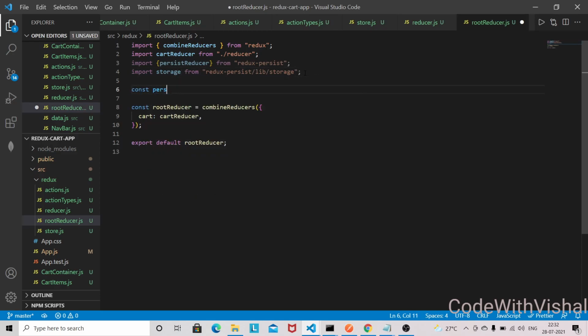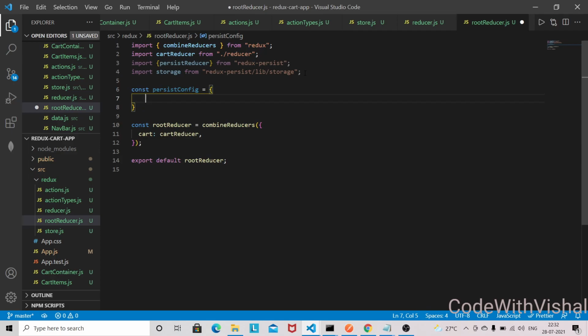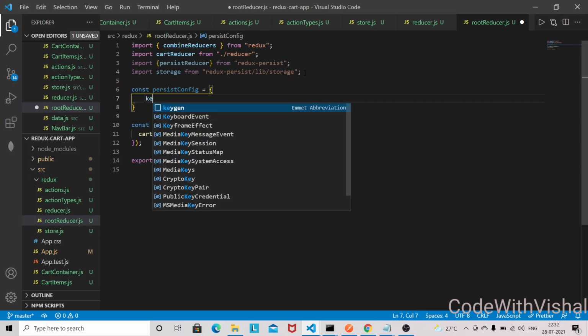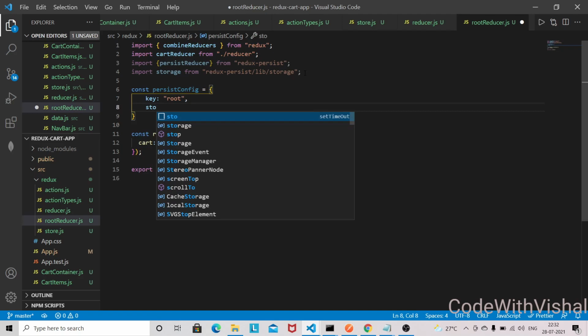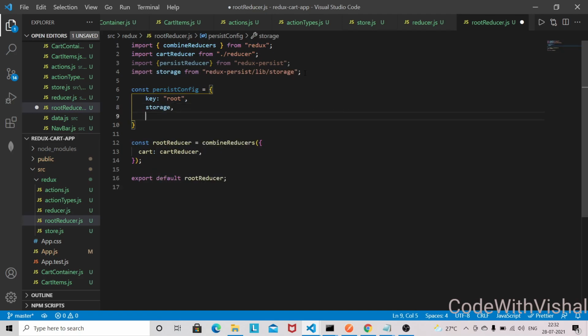So const persist config. Okay, and this will be an object. We need to pass the key here. Key will be root, meaning we are persisting everything from the root, and storage we need to pass that storage,